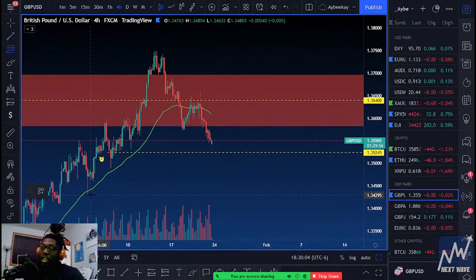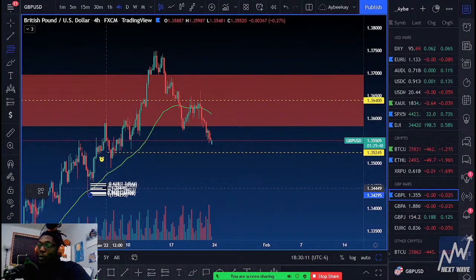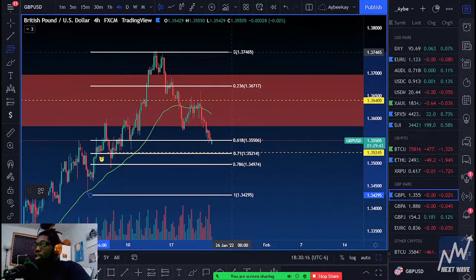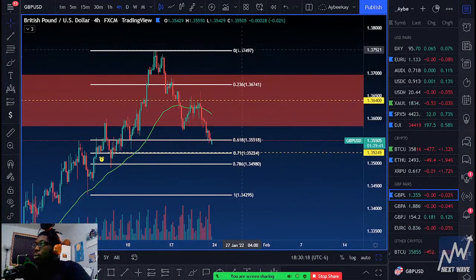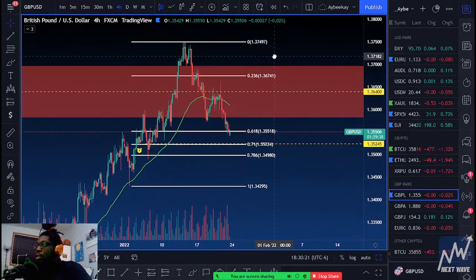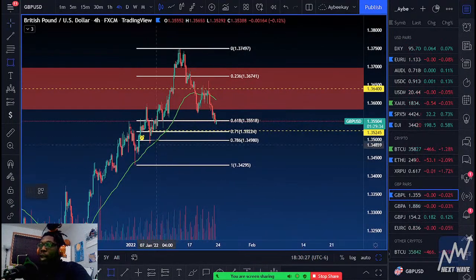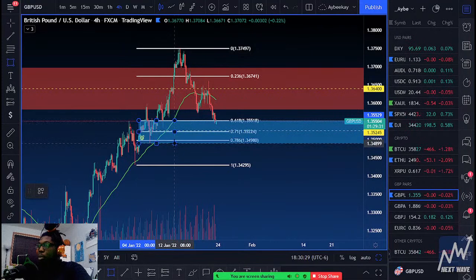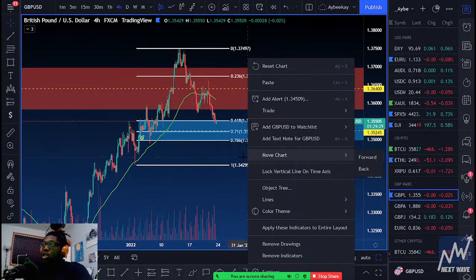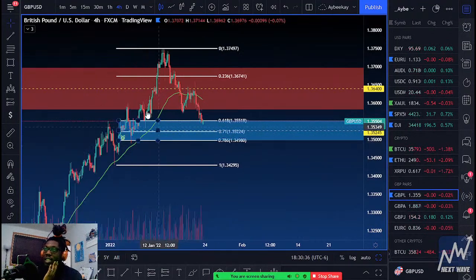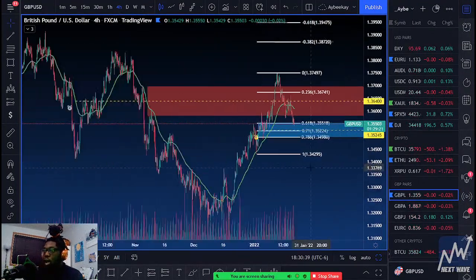I personally am like, from when price had recently rejected off of this 4-hour 50 and then made this bullish move, because this is where the bullish move really started, to the high of 1.37497, I was saying right here is a zone where price could potentially bounce off of before going bullish. You know, on the 4-hour time frame. I don't want to just necessarily take this out of the equation, because again, on